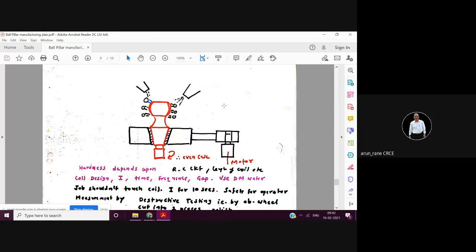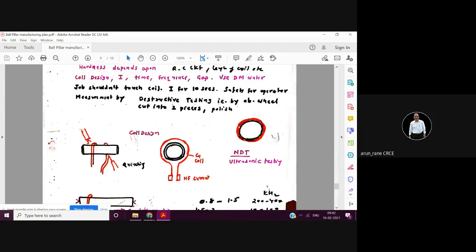Okay sir. So this is a coil. You have to design a coil in such a way that the component can be inserted from the top or from the bottom. So this coil will be circular in shape like this. See, this is a coil, a copper coil. In this we pass high frequency current. And you have to see that this coil is a kind of a fixture, and it is steady and sturdy, and you have to see that there is a small gap here.